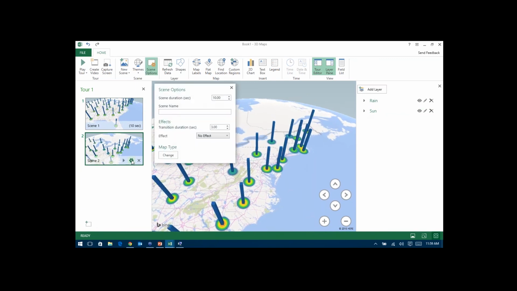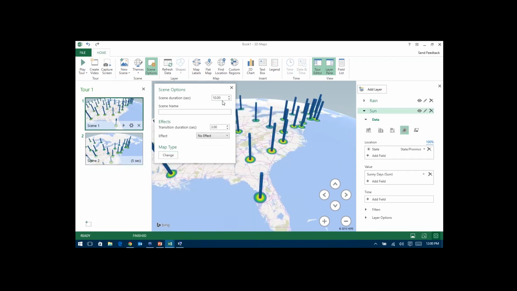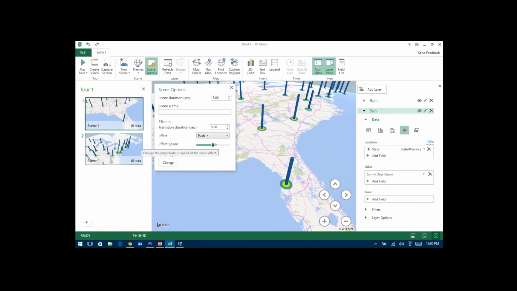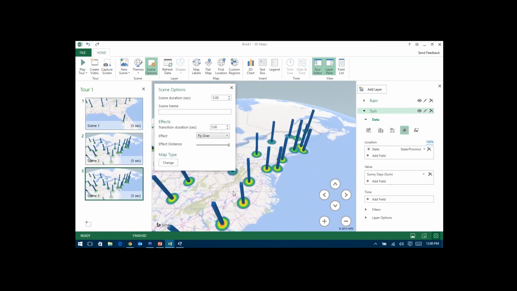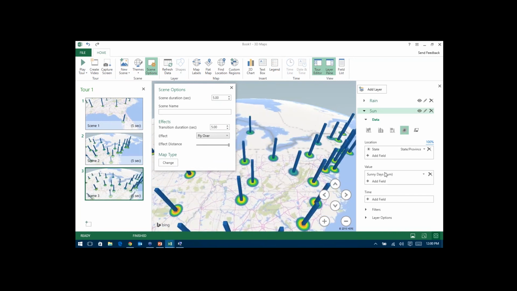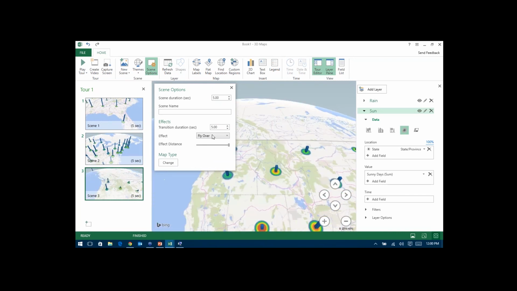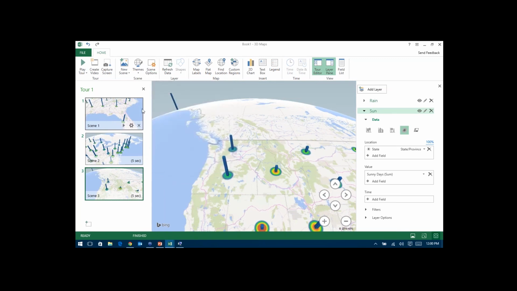I've got some options I can change inside of here. I'm going to switch these over to 5 seconds, and I'm going to fly over. As I make changes to these options, they're actually going to animate. So I'm going to do a push in on the southeast over here. Okay, and then do one more. I'm going to copy this and go over here to the northwest, and I'm going to switch this one to a circle.